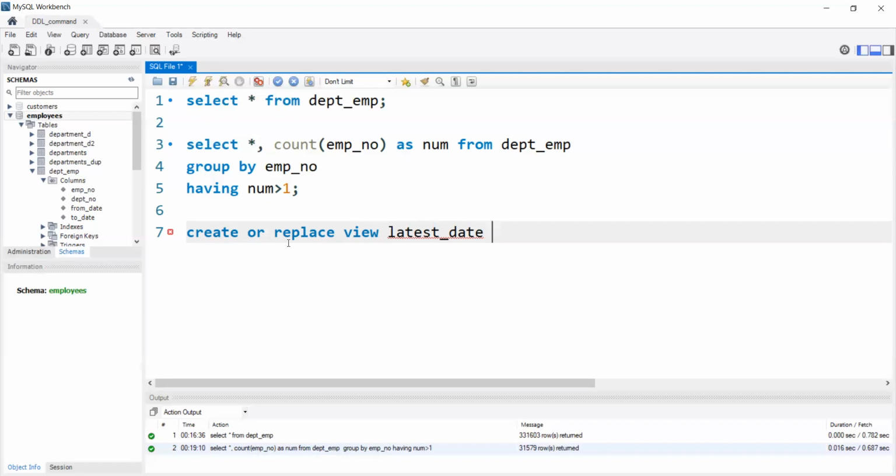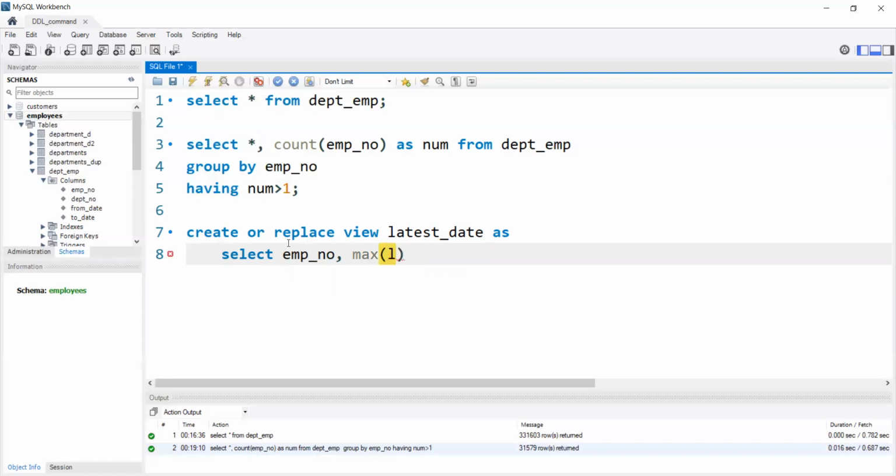Okay, and then you have to write down "as". And now we are going to write down the same thing that we can get using select query. So what we will do, we are going to write down select employee number. I want to see the latest date, so I will be using max function, and I will write down its from date, not latest date, from date, as from date, and then I will do the same thing for to date also, because you have to get the latest one. To date, as to date,